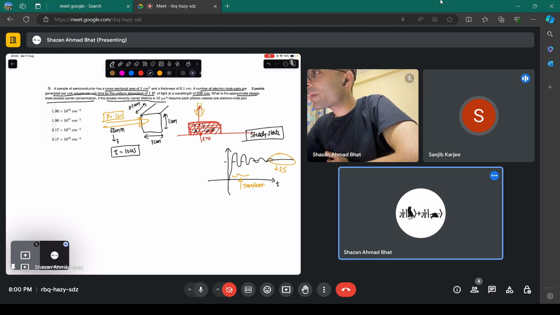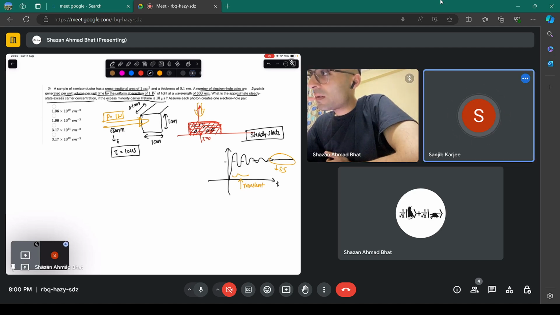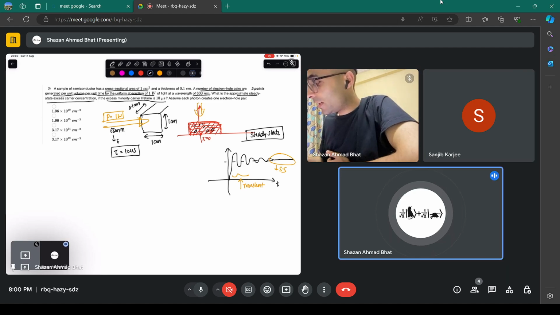Steady state means time does not matter. It becomes a kind of steady, and it does not vary with respect to time. Then in a steady state, if you are doing any experiment or theoretical analysis in steady state, we say that